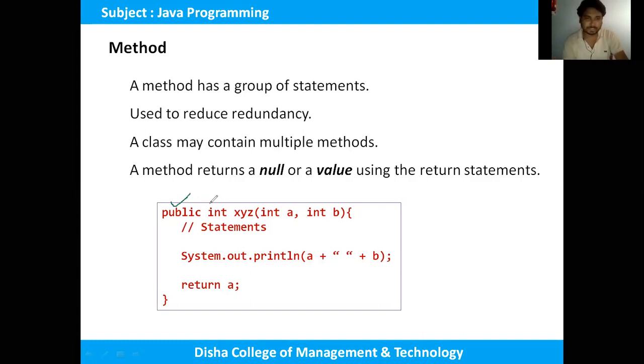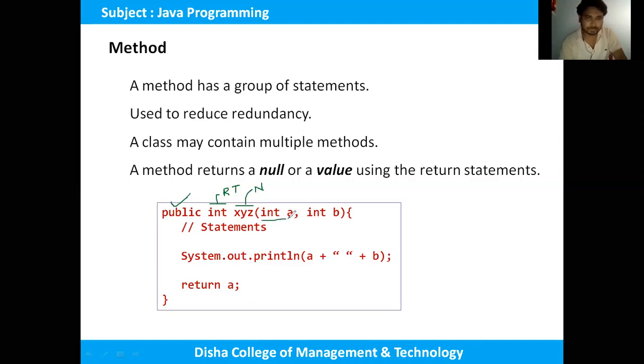Then the return type. This one is the return type of the method. It is the same method syntax as in other programming languages like C and C++. This is the name of the method. Basically this name is given by the user, so it is a user defined method.